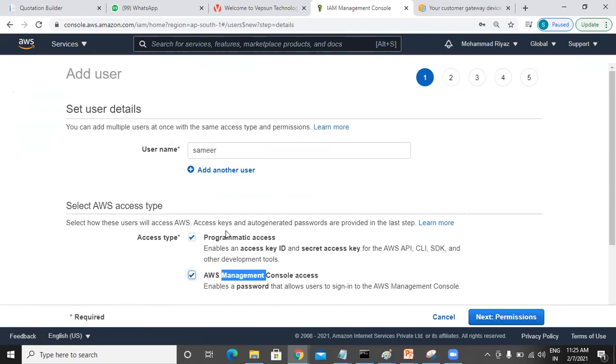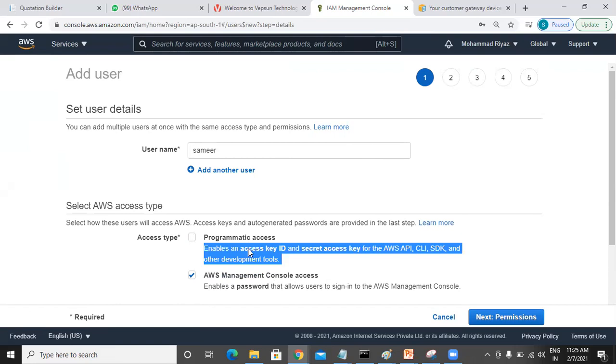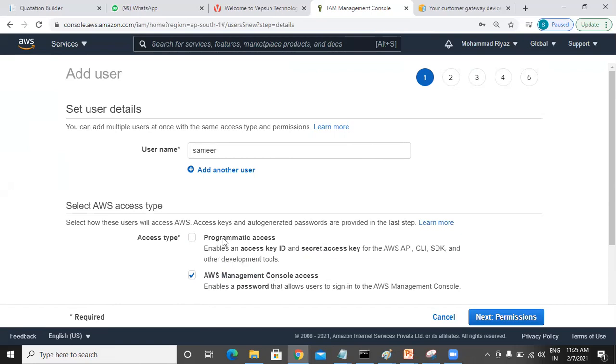What do you mean by programmatic access? Programmatic access is nothing but a user who wants to communicate or access via command line or via APIs. Then we have something called programmatic access. And management console access is nothing but graphical. Now the AWS graphical console that we are using, right? That is called our management console access. So when you go with programmatic access, you need to have two keys. One is called access key, the second one is called secret key. When you enable programmatic access, by default, Amazon will generate an access key and secret key.